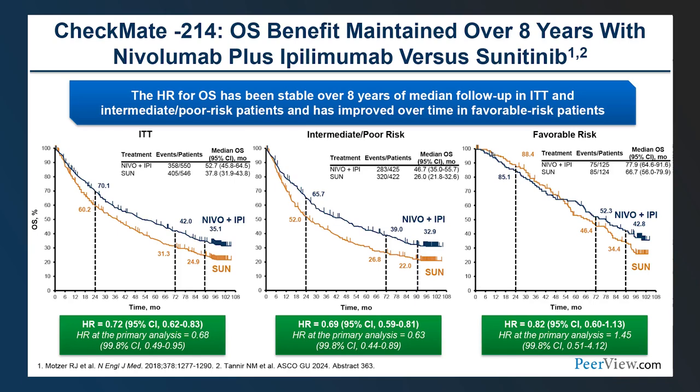And this is what I'm going to show you now, the results for intent to treat as well as intermediate poor risk and favorable risk, which was an exploratory group here. And what you see here is the panel. These are the Kaplan-Meier curves for OS for the 2 treatments, and nivo-ipi is the top one here, and then this is sunitinib. You can see here the median OS for the nivo-ipi arm was around 54 months, versus 38 months for sunitinib,